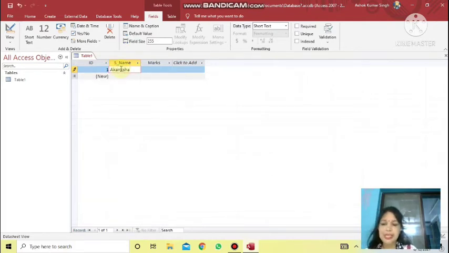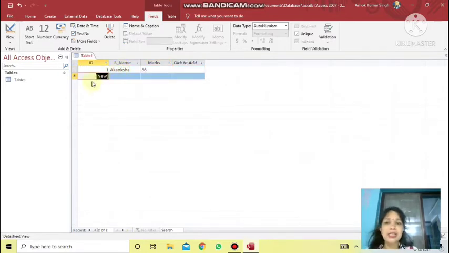Then press tab key to go to the next column. Here marks 56. Then tab key to do. Can you see the ID has been provided 1? For every field, one unique value will be provided automatically. Once one is allotted, so this way, before every record, since ID is used as a primary key, a new